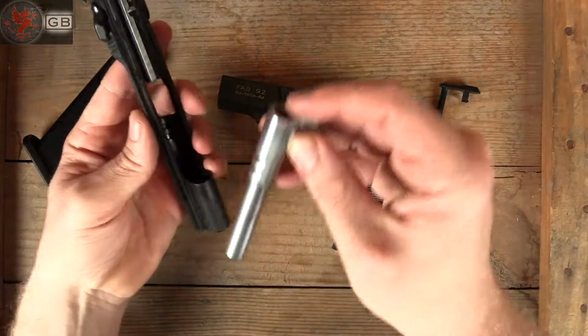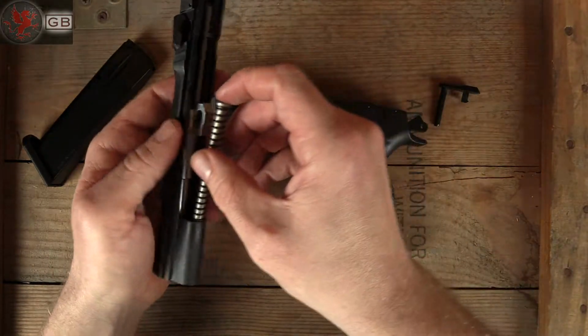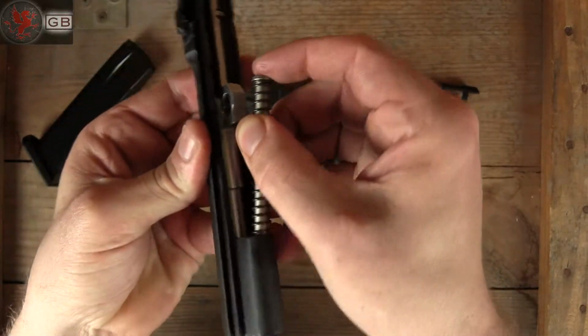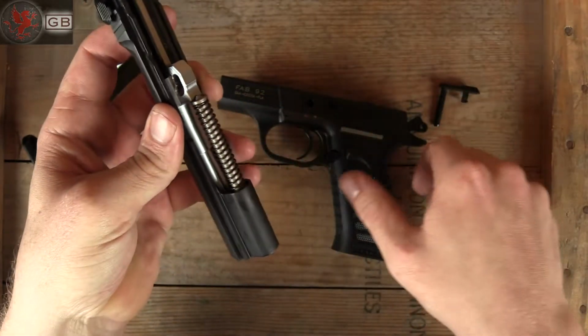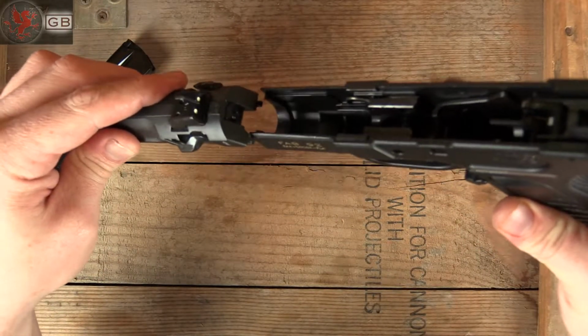So putting it all back together, barrel drops in the slide, spring back into there, and there is an interesting detent on the end of the spring that, well, not quite detent, but point, and it rests in a little cutout on the bottom of the barrel there. We put the slide back in the frame,